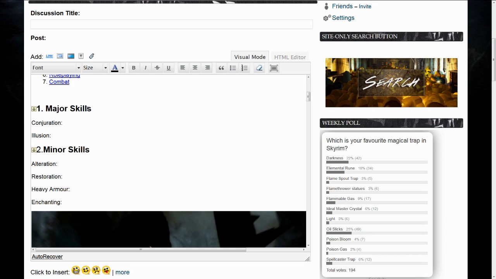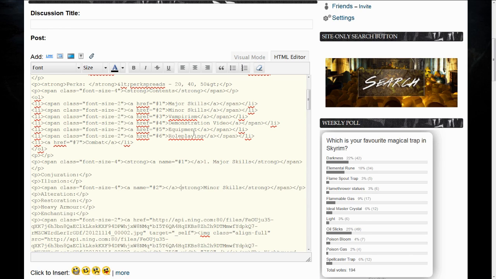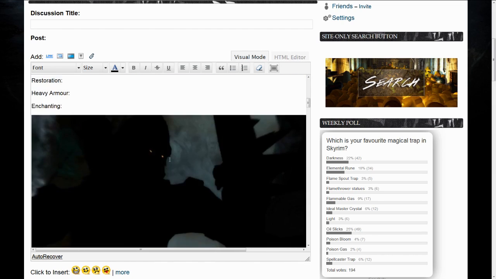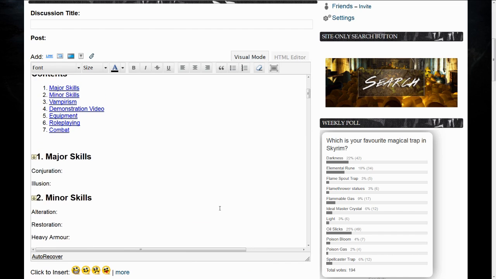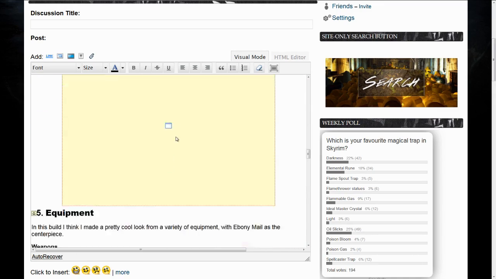So in the major and minor skills sections, I'll sort of just set out what the skill's used for. Like, say in Conjuration, I'll mention that it's primarily a summoning focus, though we do use bound swords early on. But generally it's more of a flavor description of why this skill's in the build, and less of how all these skills fit together, because that will go in the gameplay section a bit